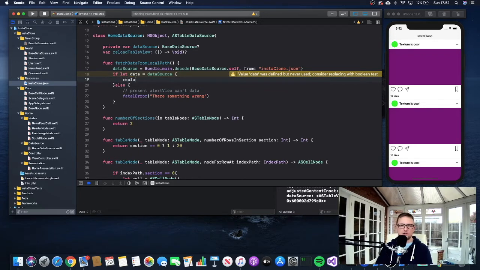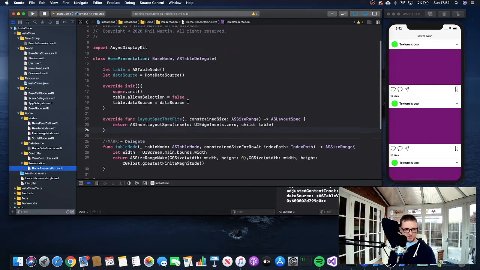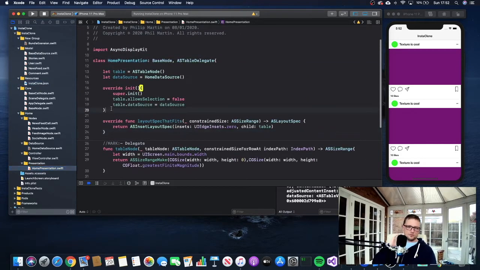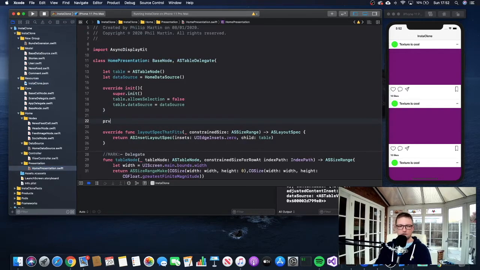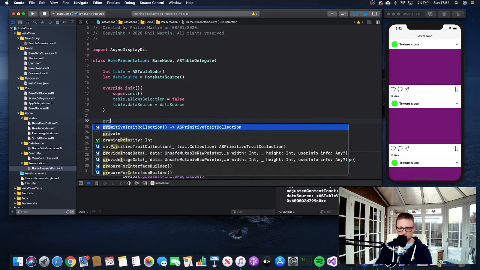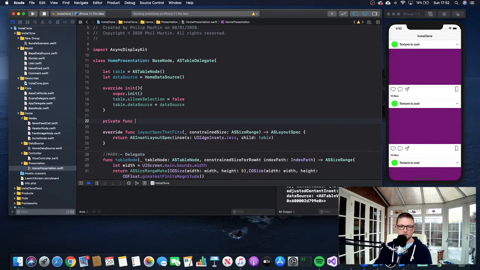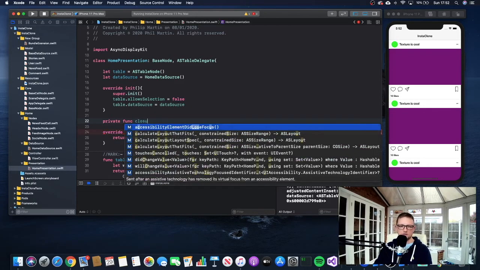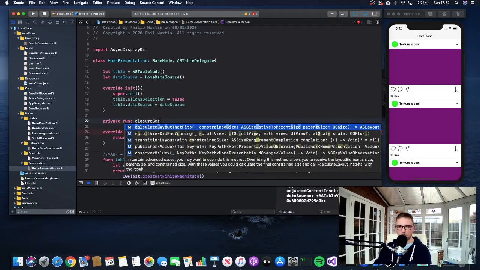So now we need to trigger our closure, which is the reload table view, like so. Then where we are using our data source, which is in a presentation, we'll create a private method function, closure setup,